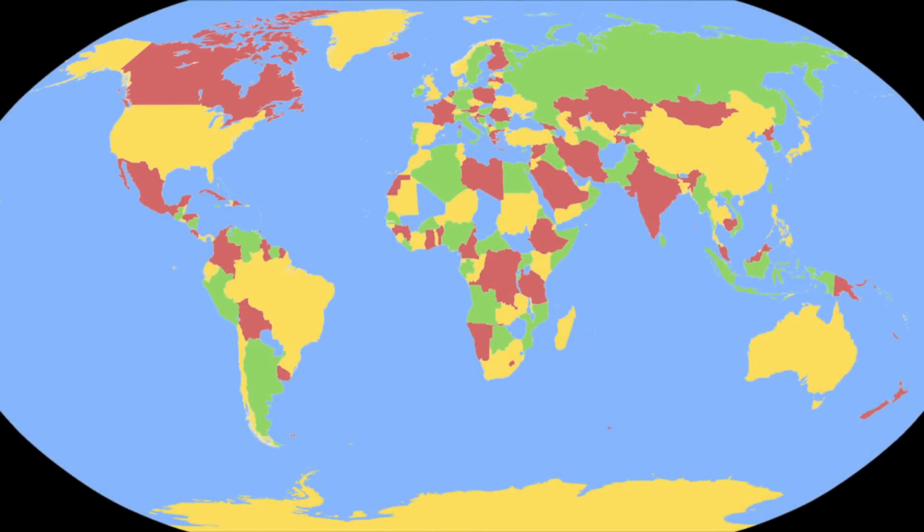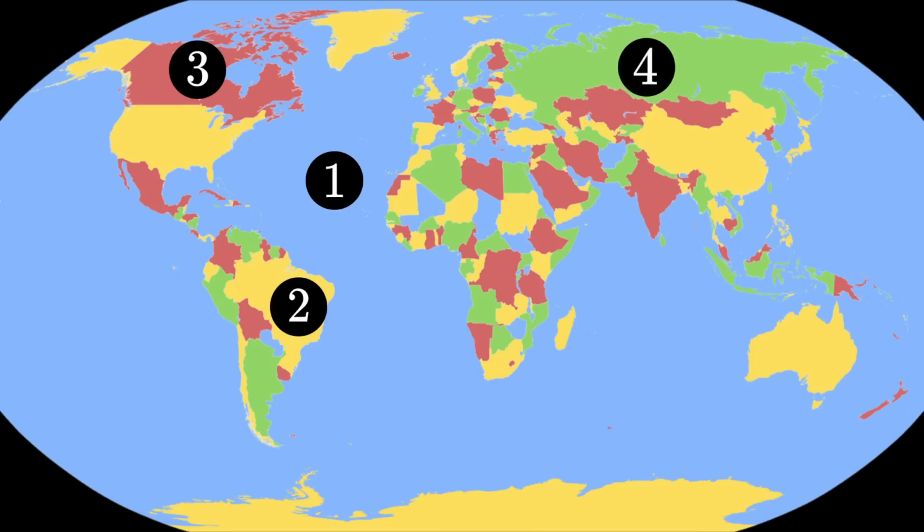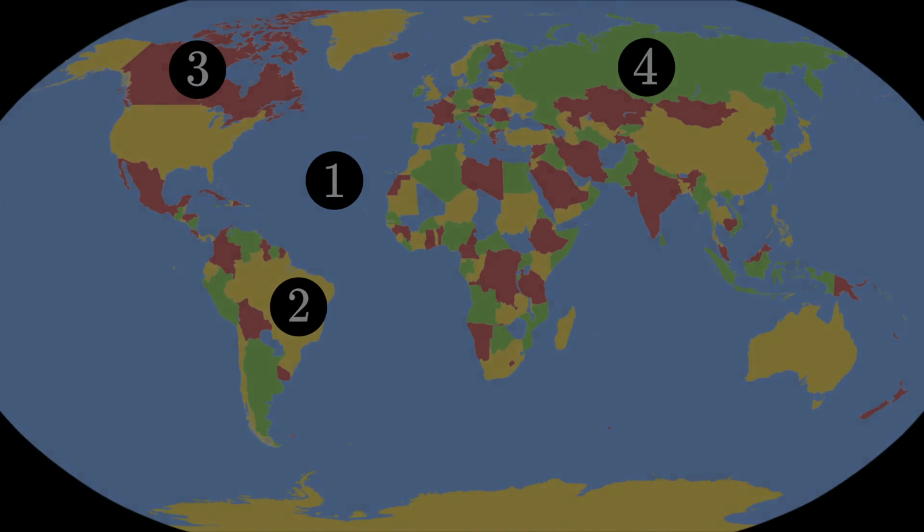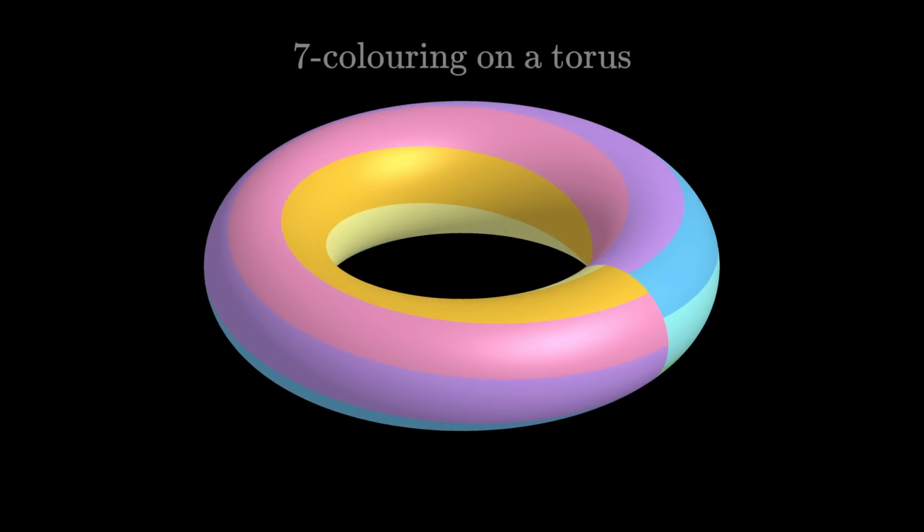You might have heard of the four-color theorem. Roughly speaking, you only need four colors for any map such that any neighboring regions are colored differently. What if we want to color a map on a torus? Can we still get away with just four colors? Turns out the answer is no, we need 7 colors.